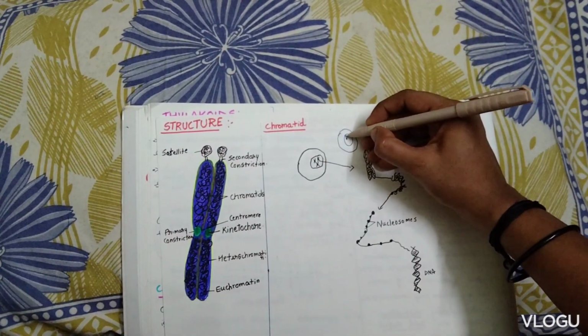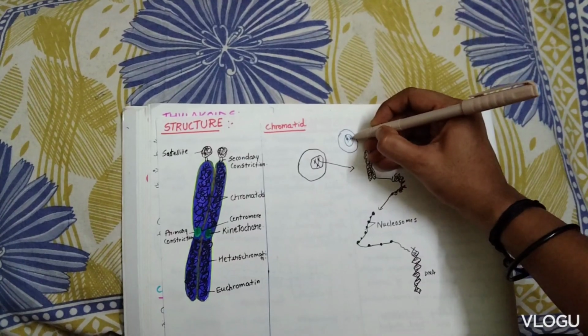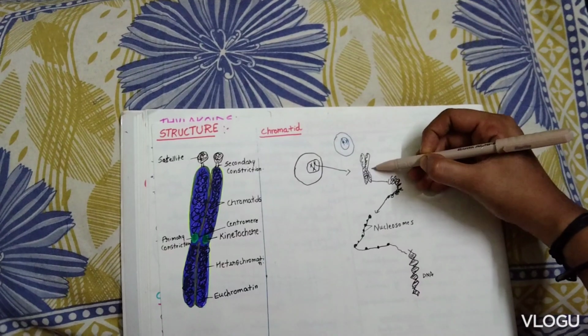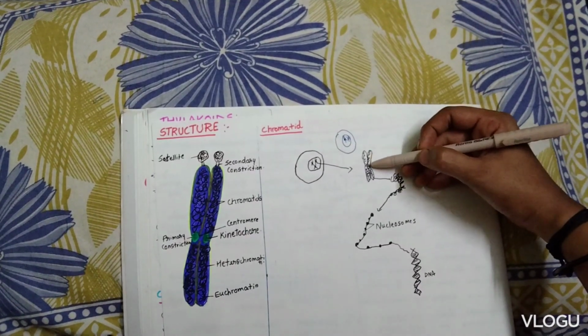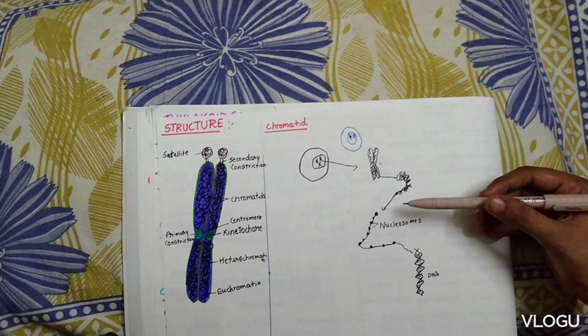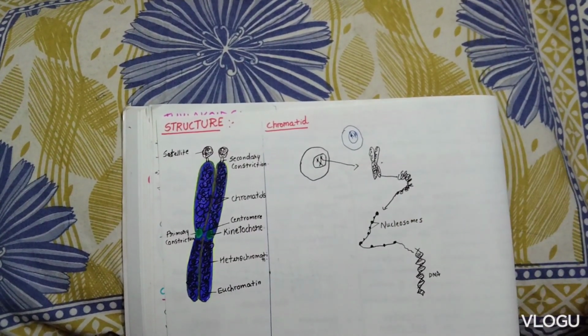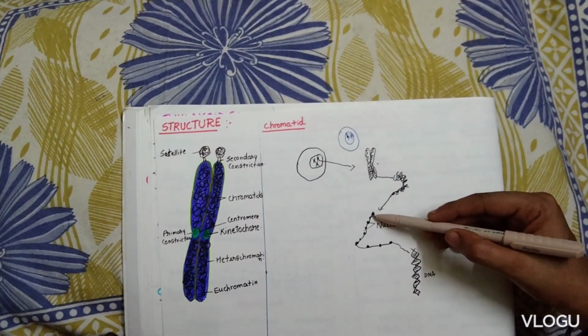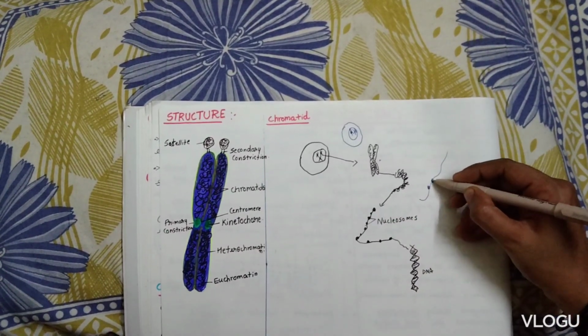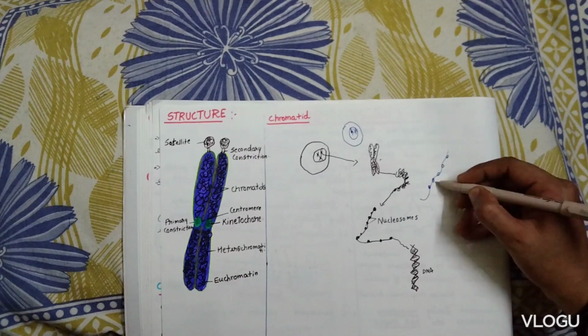Inside the nucleus you can see chromosomes. In the chromosome, what is packed is a fiber-like structure, that is DNA. How is DNA present in eukaryotes? It is not present alone, it is coiled around histones. Like a beaded chain, like a pearl chain,